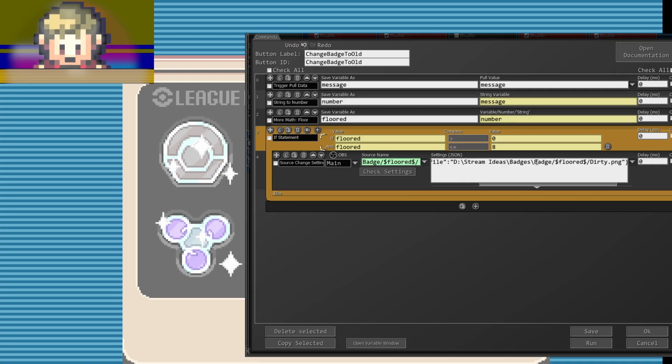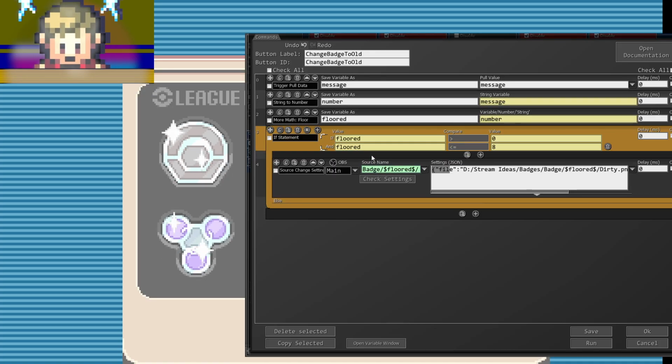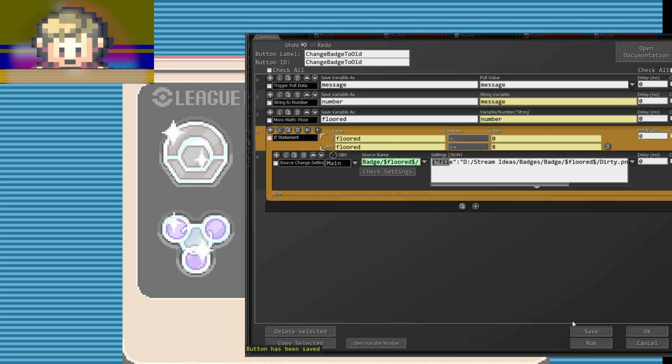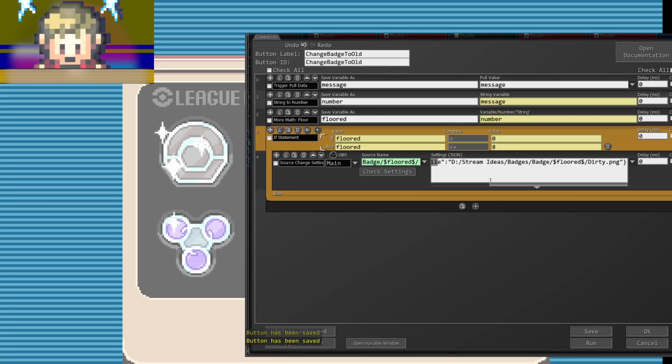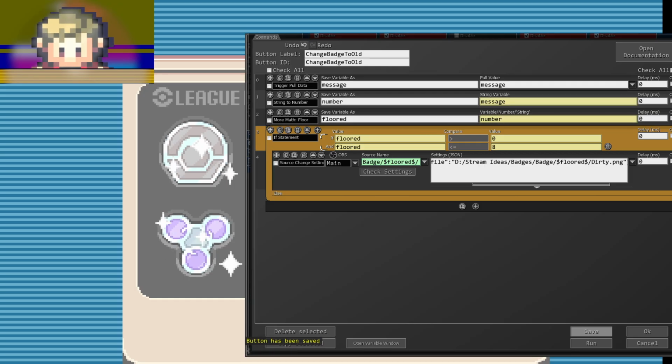Wait, actually no, I can't do it that way because OBS doesn't like backslash. You don't want to use backslashes when sending things to OBS. This is basically sending the information of what to set the picture to in OBS. So we want to make sure that it's not using backslashes, because basically you'd have to put 2 backslashes, but at this point you're just better off doing it like this. Okay, and